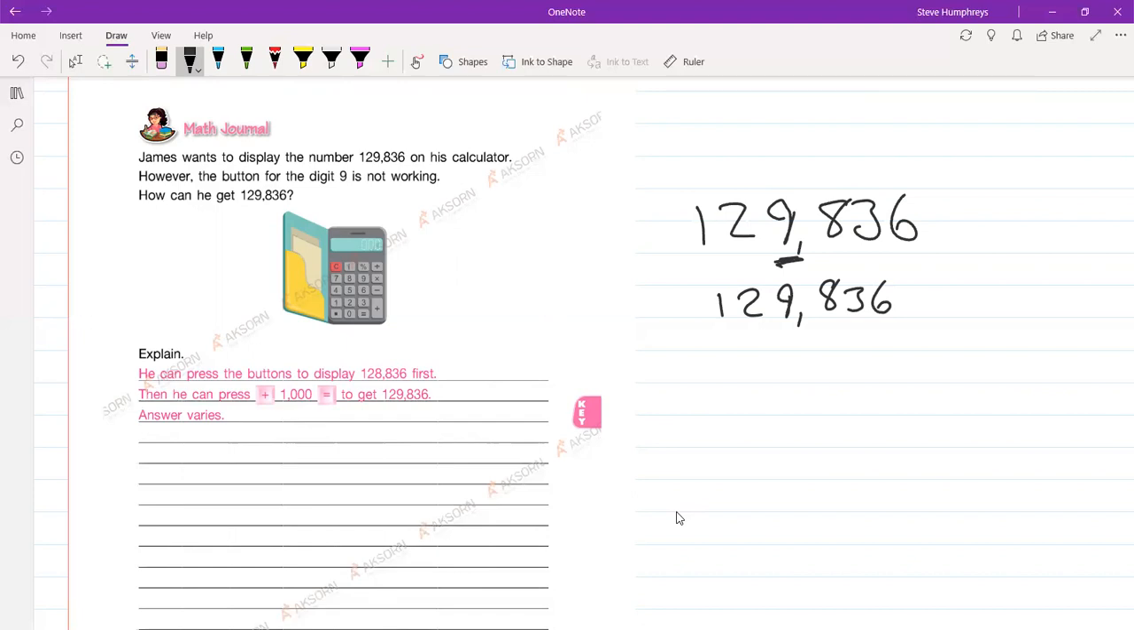Well, I have to think about this one a little bit. The number that's not working is the 9. The 9 is in the thousands place. So I worked out there was 2 ways he could do it. He could write the number 130,836, then subtract 1,000. Okay? And that would give